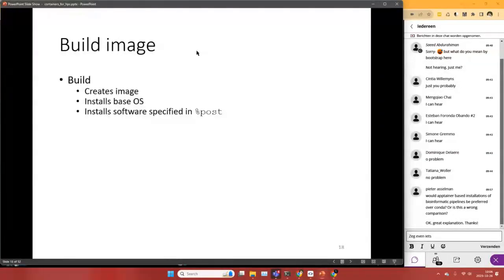So how do we build this image? Well, what is a build? Let's first talk about that. A build is actually creating an image. Okay, so basically that means